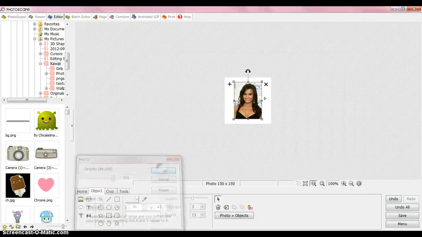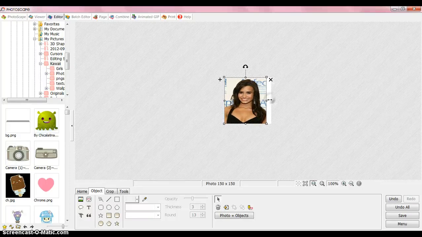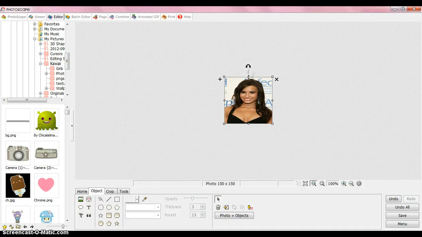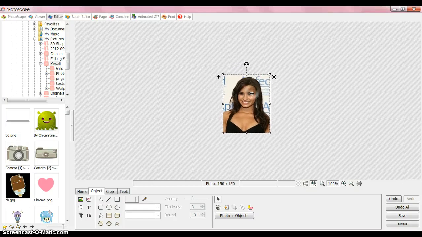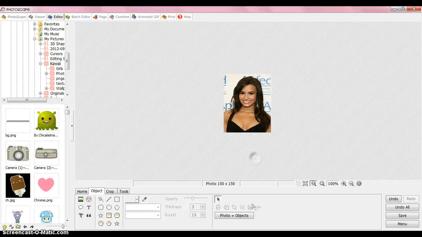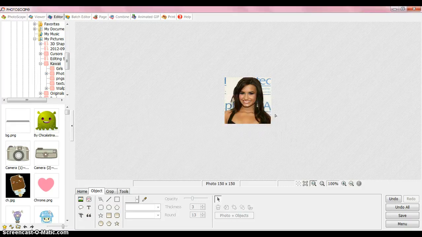So then you're gonna resize it so it can look like this. If you want, click photo plus objects, then you combine your photo with objects.